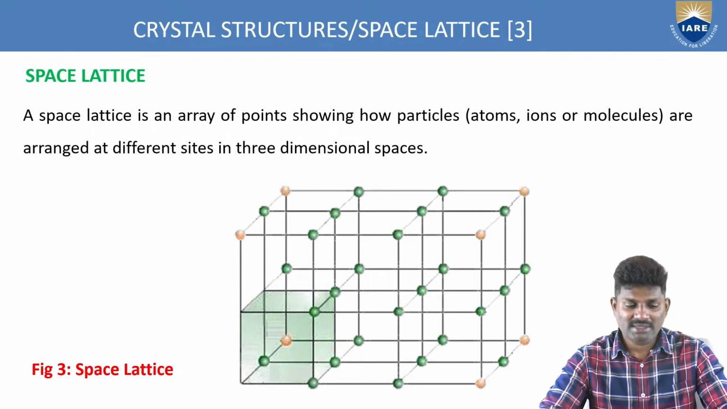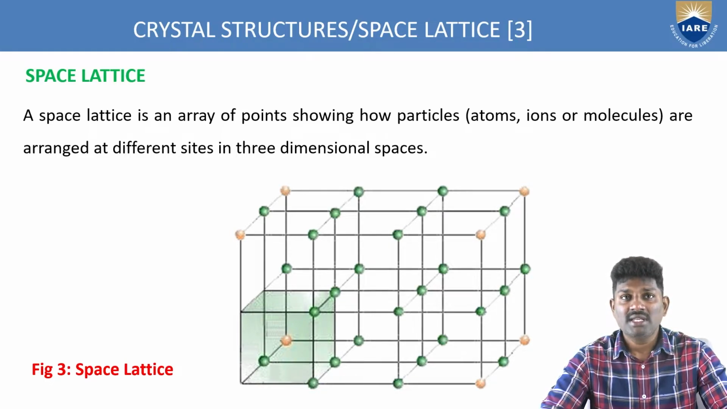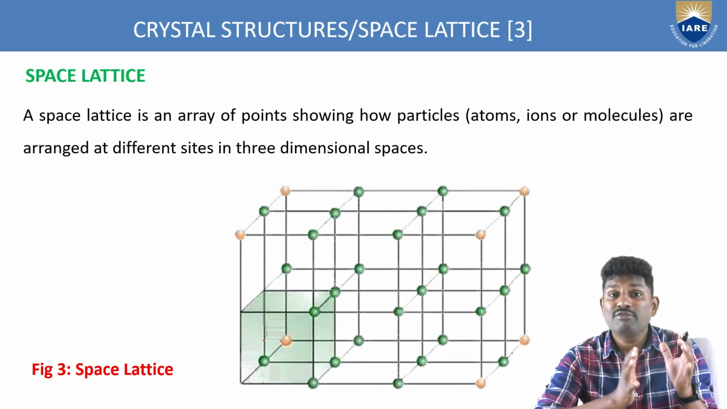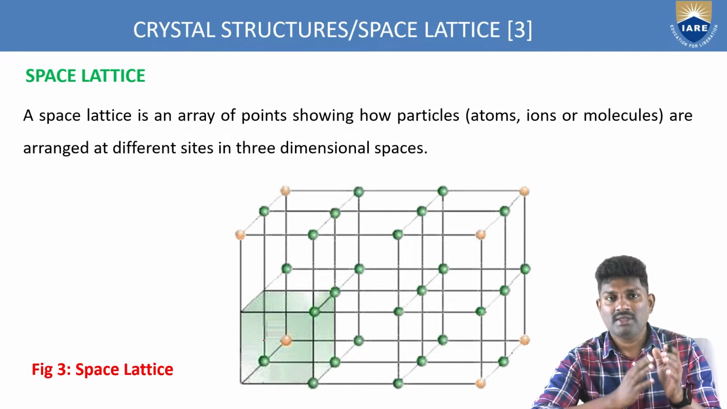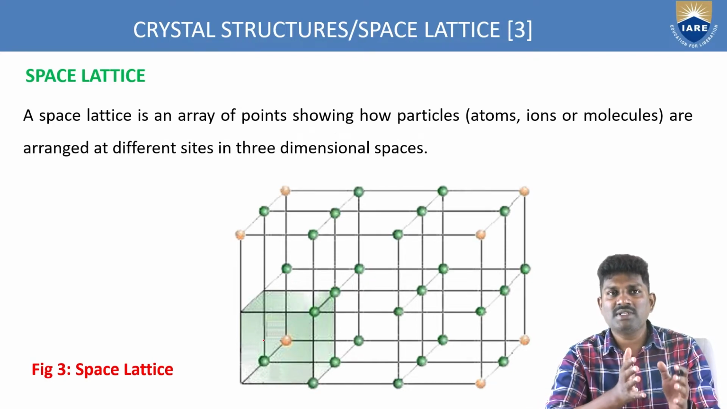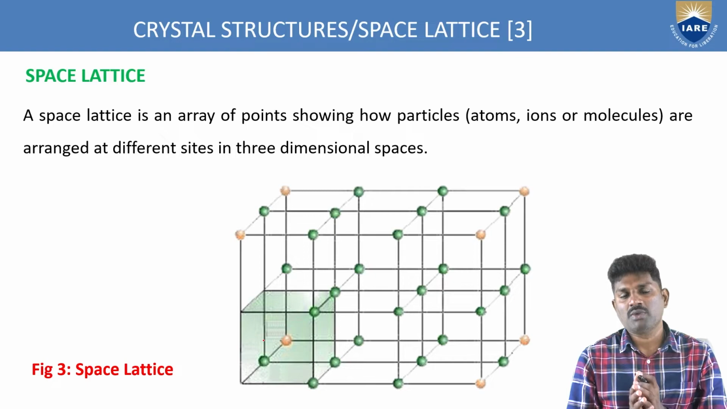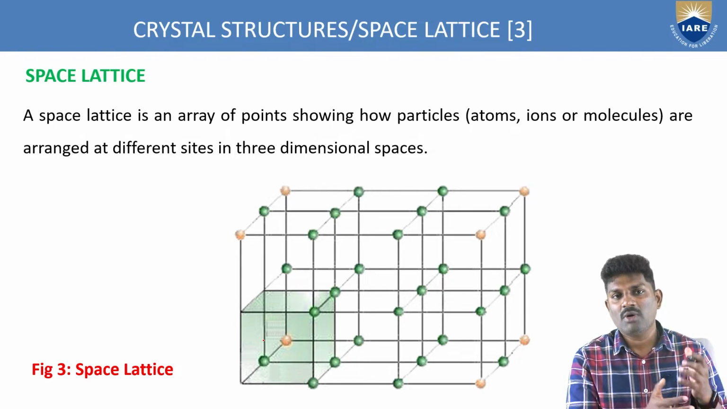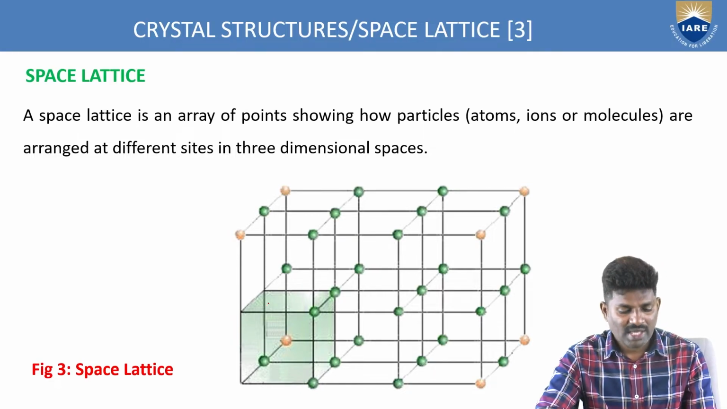And what is a space lattice? So a space lattice is an array of points showing how particles are arranged at different sites in three-dimensional space. Okay, so the space lattice is again an arrangement of different types of unit cells. If you take a unit cell and arrange it in the three-dimensional space coordinates, you have to see whether you are repeating the same order or not. You have a unit cell here,